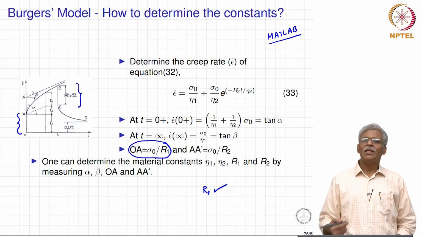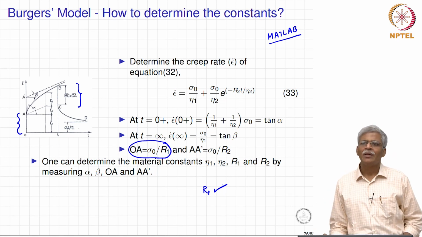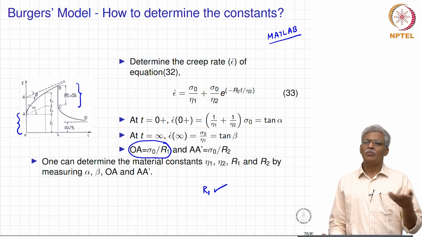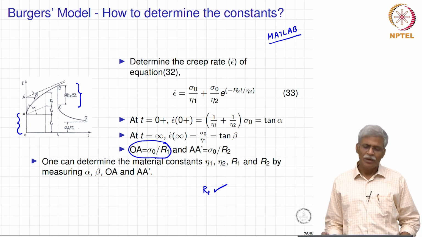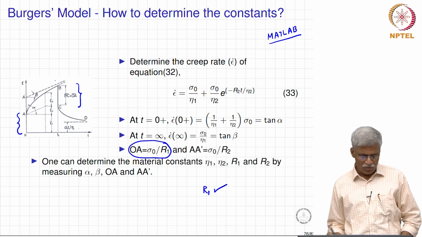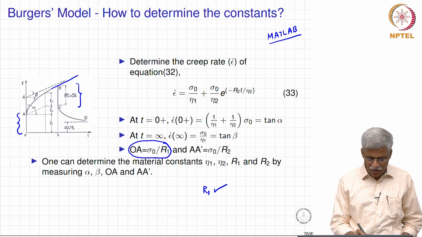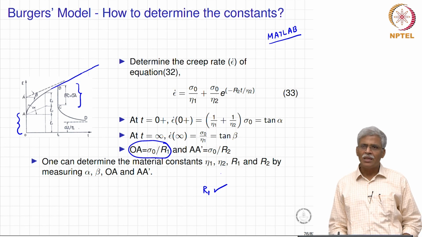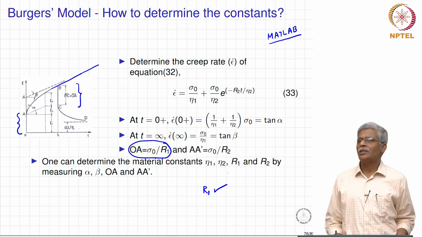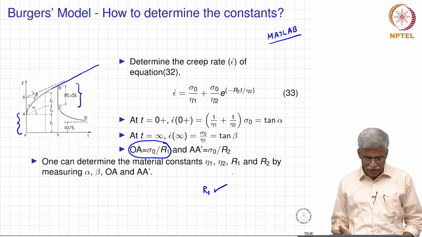Now, initially when I started discussing the model, I showed this spring and dashpot arrangement, and then I also mentioned that this model should behave like a fluid. So, if this behaves like a fluid, in fact you should verify whether it behaves like a fluid, you are basically going to see that it is going to asymptotically reach, if we keep loading this forever, a constant strain rate. When it will reach the constant strain rate, we actually do not know, because it will reach it only asymptotically.